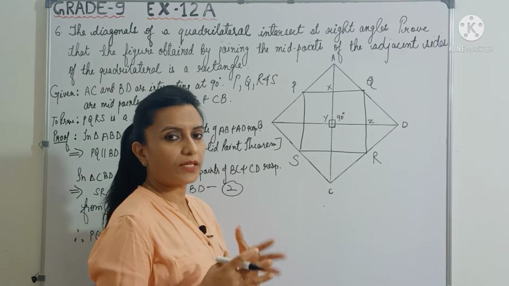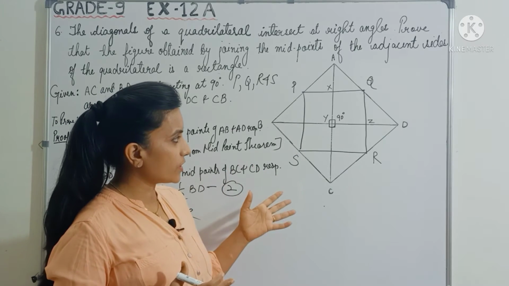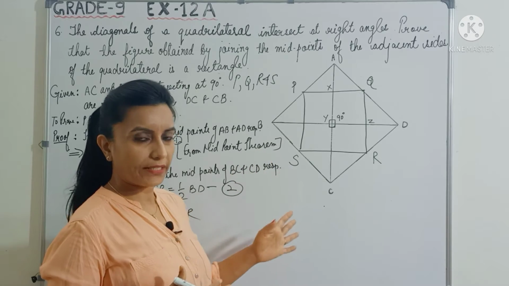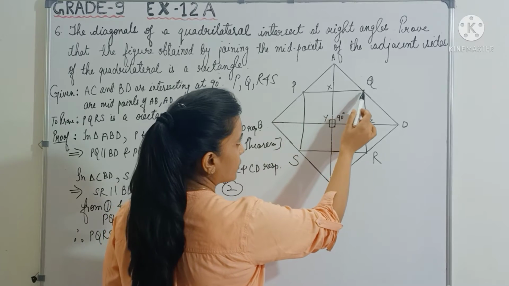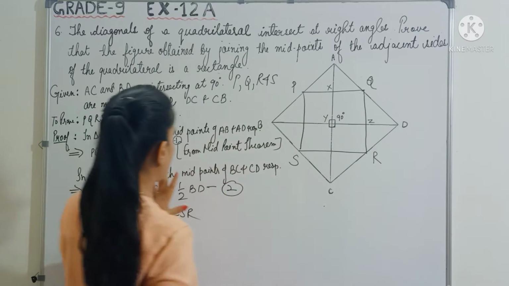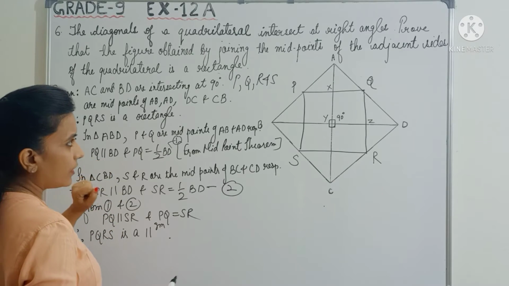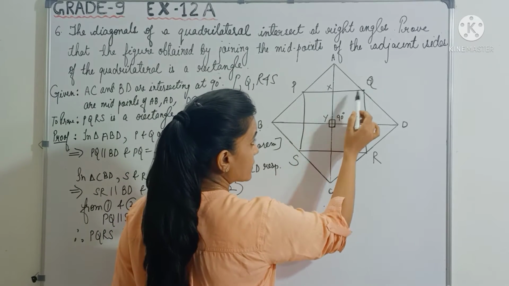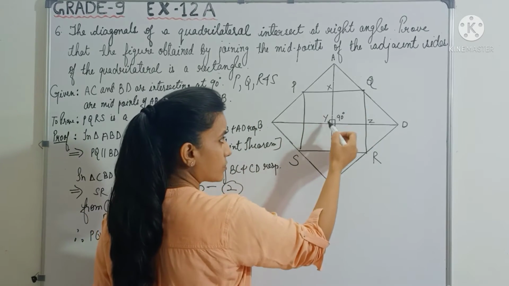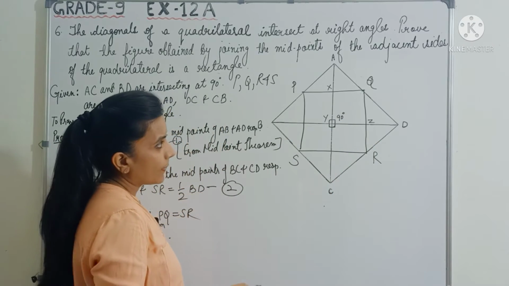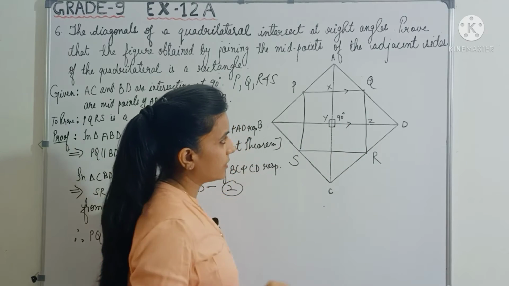Now, in my previous video I have already shown you how to prove that a quadrilateral is a parallelogram. There are three ways, right? So as per the situation, as per the requirement, we can use any. So now here if you see, we have already shown that PQ is parallel to BD, correct? So can I say that XQ is parallel to YZ? Yes, I can say that, right? Because these are the parts of those sides, correct? So here I got one thing, that XQ is parallel to YZ.